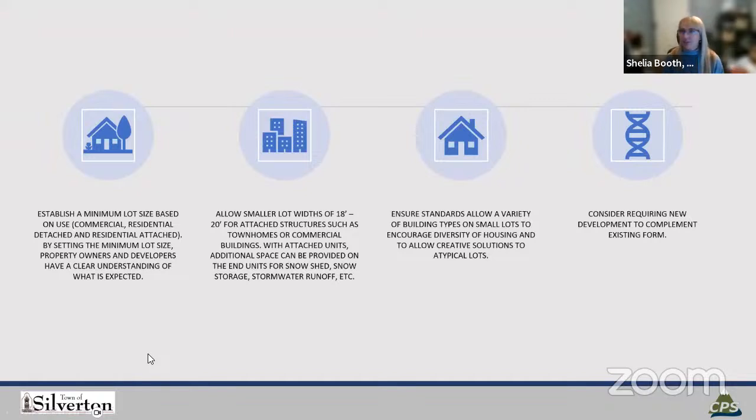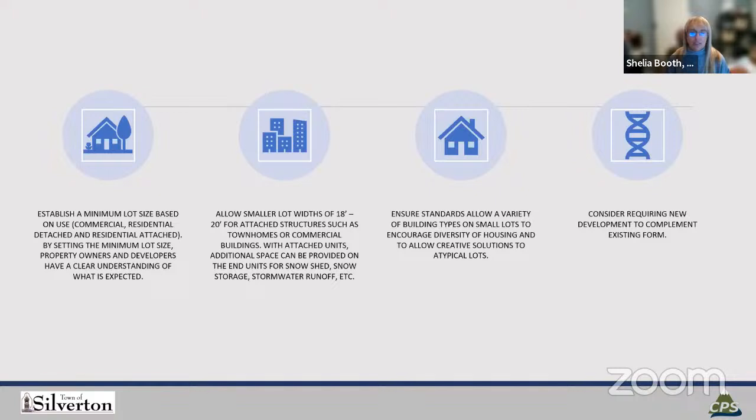Okay, I already talked about the minimum lot size. And again, I just want to emphasize the only reason we really want to do it is to make sure that everybody knows the playing field that they're coming into. If the minimum lot size is 2,500 square feet, everybody knows that's what I've got to go for. If it's 1,500, then that's what they need to go for. And even if it's different for the different uses, we still know what we're doing, and we're not being inconsistent or being looked at as not playing fairly by allowing one lot to do one size and another not, just because they had to hire an architect and he was creative.